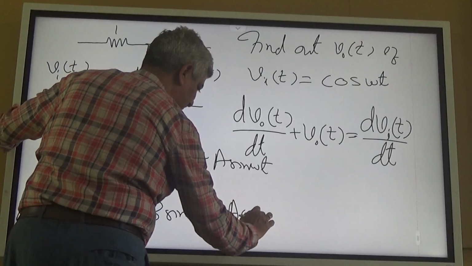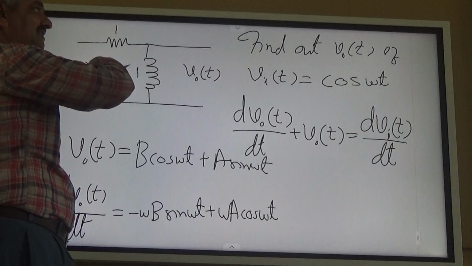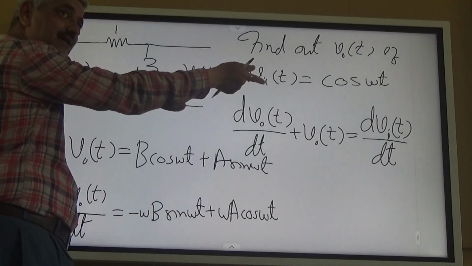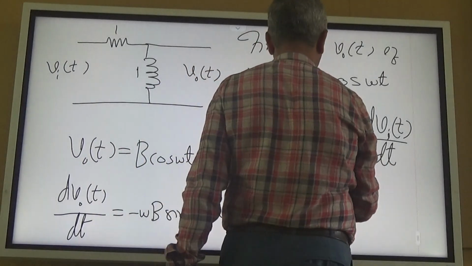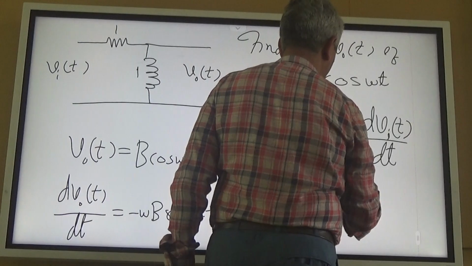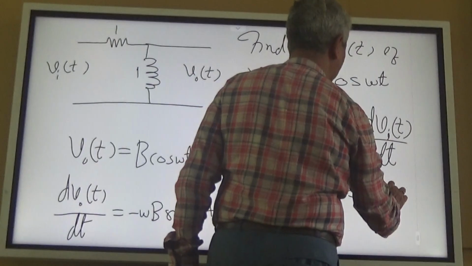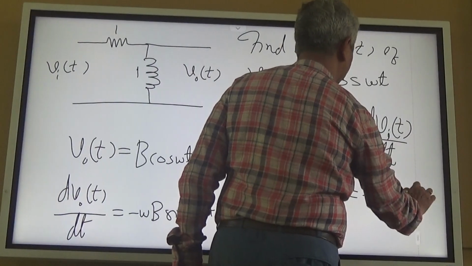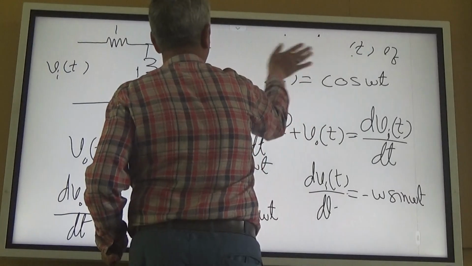Now there is a small difference in the problem which we have right now from the last time's problem. Last time it was Vin(t) on the other side. Now it is dVin(t)/dt, so we have to calculate that. What is dVin(t)/dt? That is again very simple. dVin(t)/dt is minus omega sin omega t. So finally, putting left hand side and right hand side together,